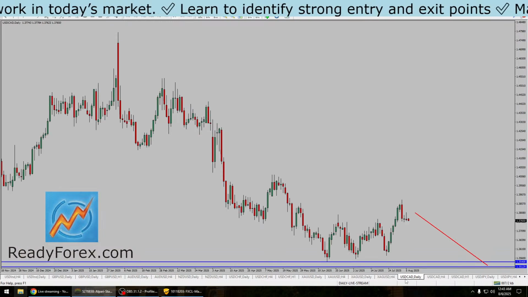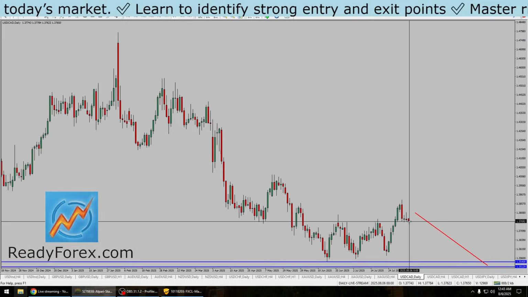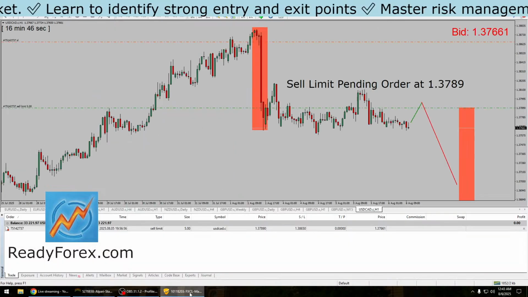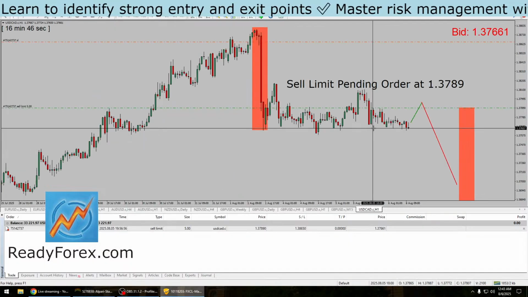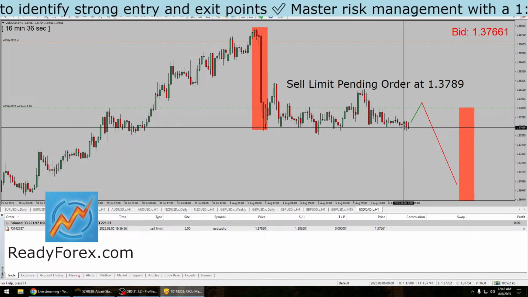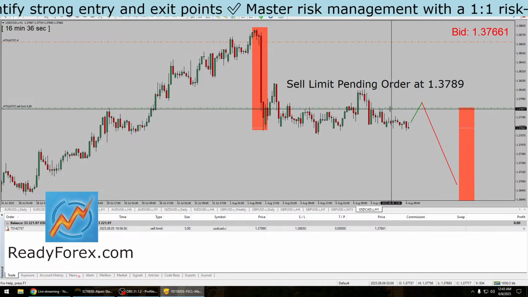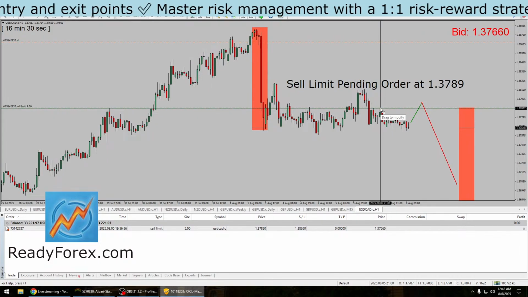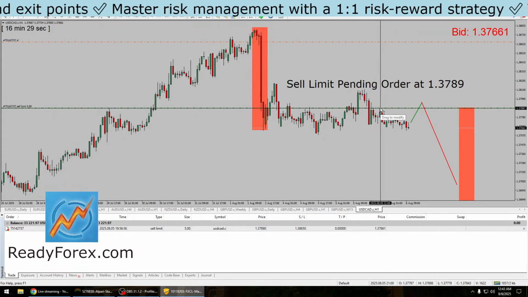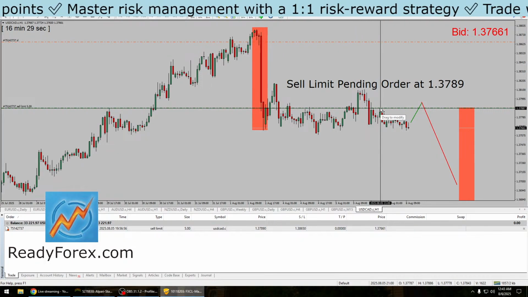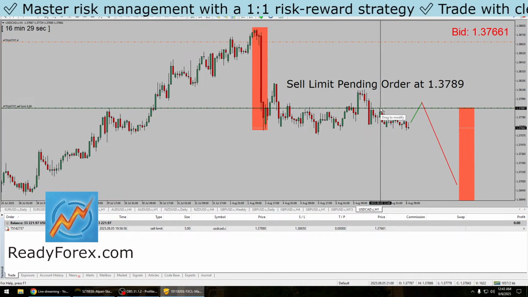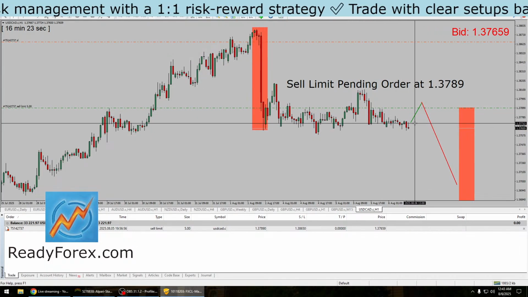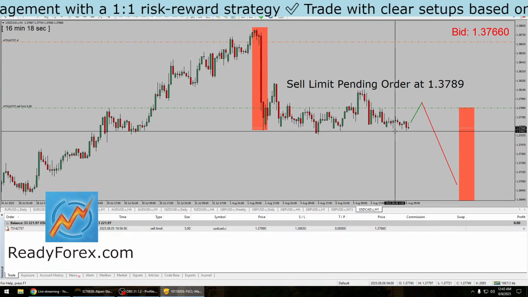Next one is the USD-CAD currency pair. USD-CAD is trying to drop. My forecast is bearish for the USD-CAD, and I already shared with you my sell limit pending order over here, which I placed. Market just missed this with the margin of 1 pip over here. My sell limit pending order was at 1.3789. We got to 1.3788,